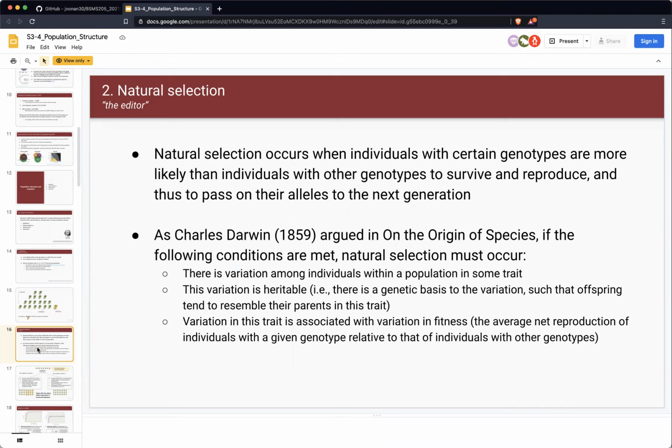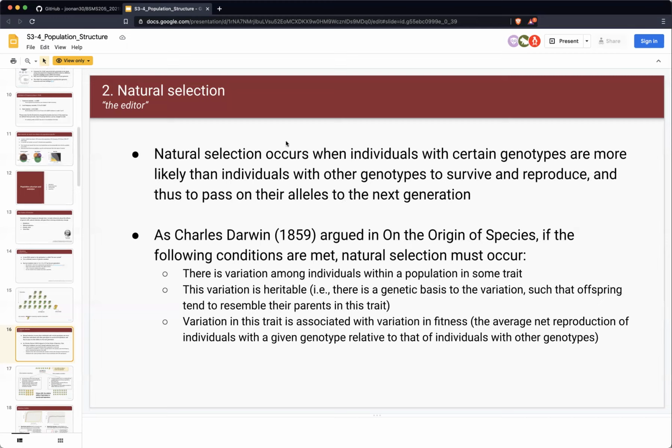sits in the population or is wiped out, depends on natural selection, right? So natural selection: individuals with certain genotypes are more likely than individuals with other genotypes to survive and reproduce, and thus to pass on their alleles to the next generation. Natural selection was originally proposed by Charles Darwin and talks about which individuals are favored in a certain environment, right? And this ultimately gives us the variation in a population, and also the trait variance